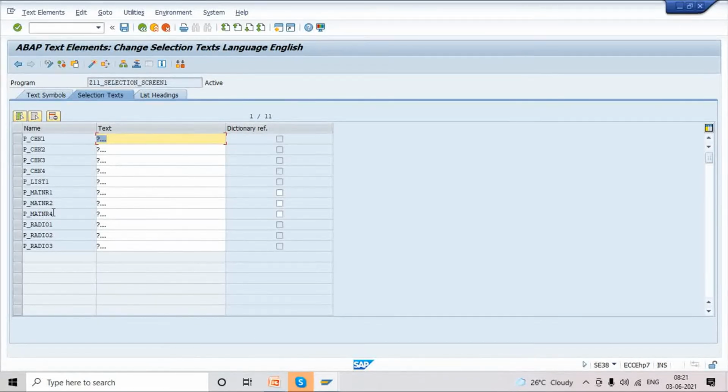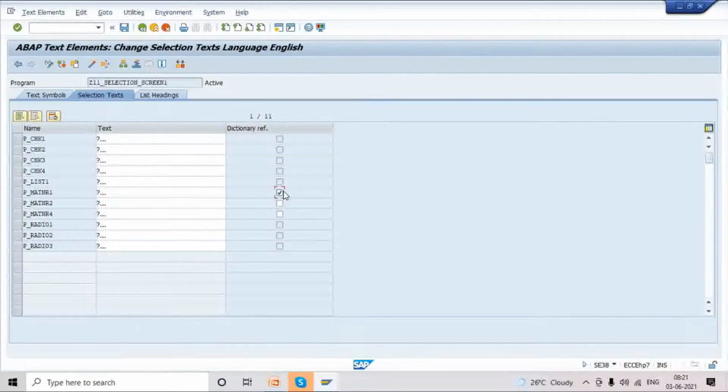I was explaining at the time of TMG. In domain, sir. No, not domain. I am directly telling you, it's a data element. In the data element, we have two tabs: the data type tab and the field label tab. There are short, medium, and long names. We provide them at field level.